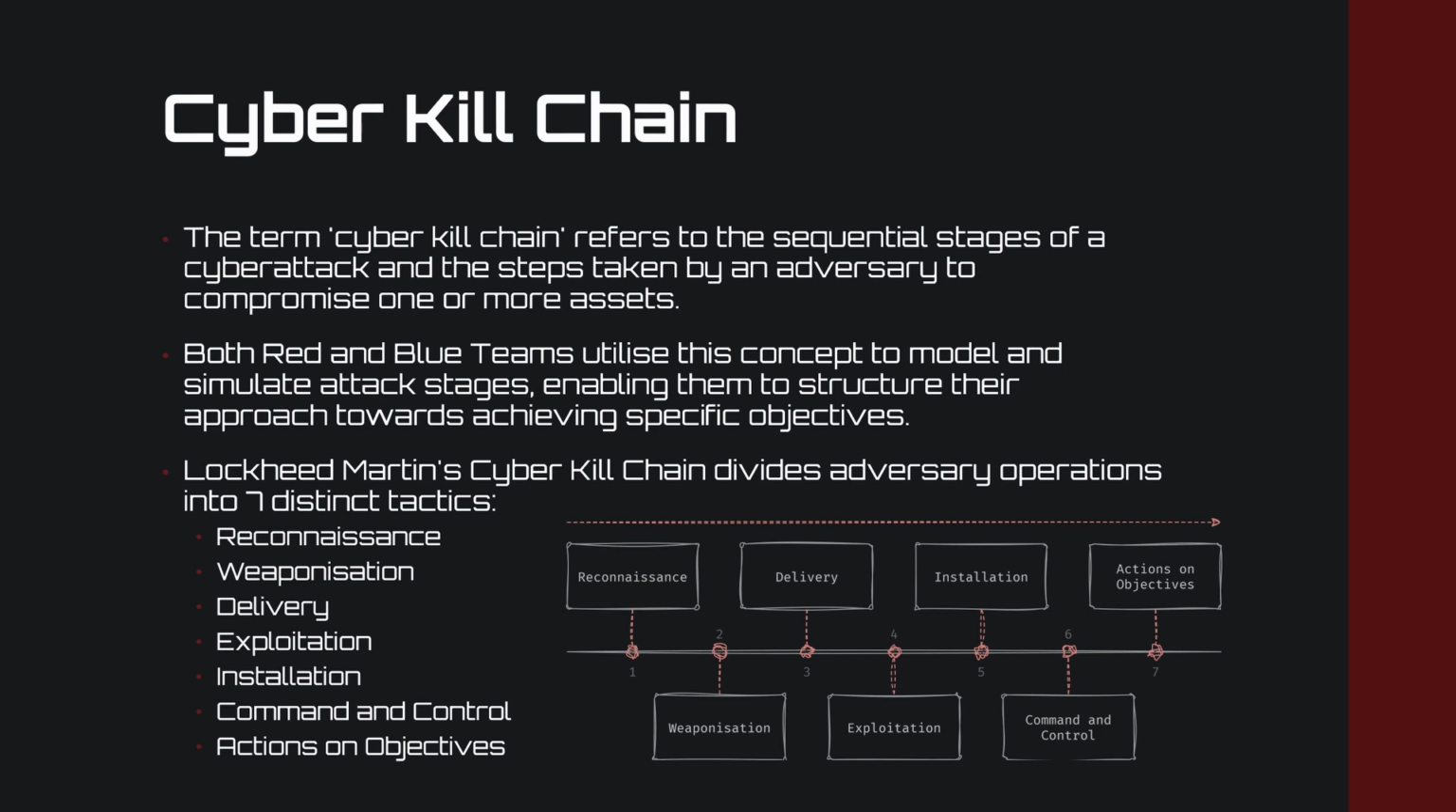So as I just said, the Lockheed Martin cyber kill chain divides adversary operations into 7 distinct tactics. Firstly, we have reconnaissance, and during this stage, the adversary will gather intelligence on the target organization, and this can encompass information such as email addresses, domains, and potential security vulnerabilities. And then, once enough intelligence has been gathered, the weaponization stage involves utilizing that intelligence to craft payloads designed to exploit a found vulnerability. Now, with the information gathered and the payload ready, comes the delivery stage, where the payload